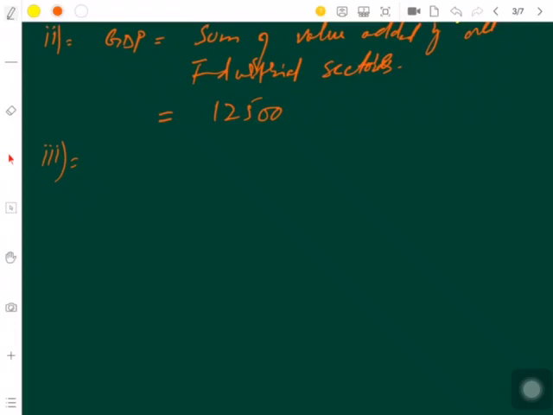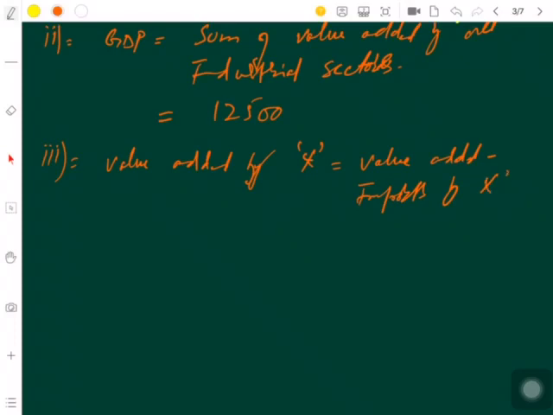First we will look into the value added by X, that is industry X, firm X also, is equal to value added minus imports